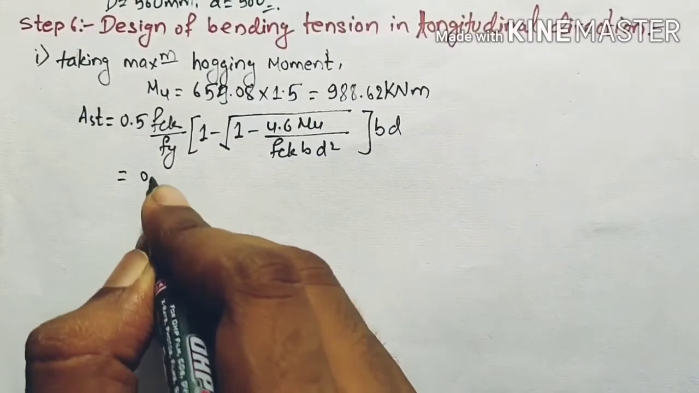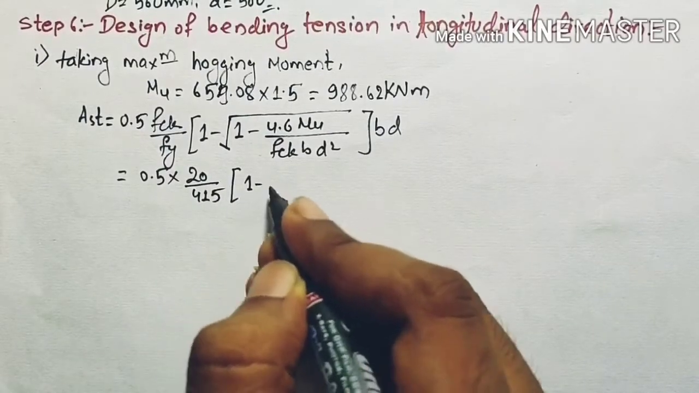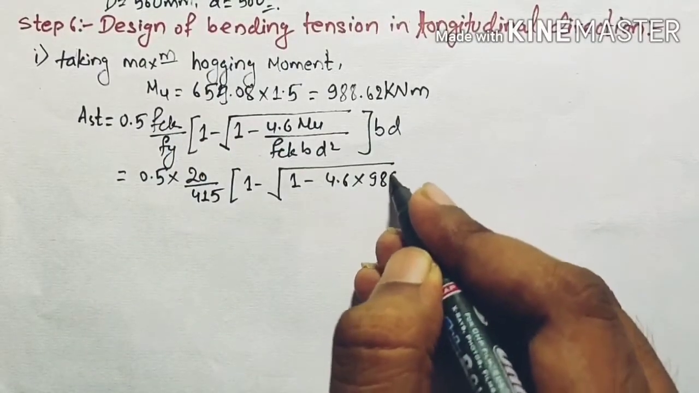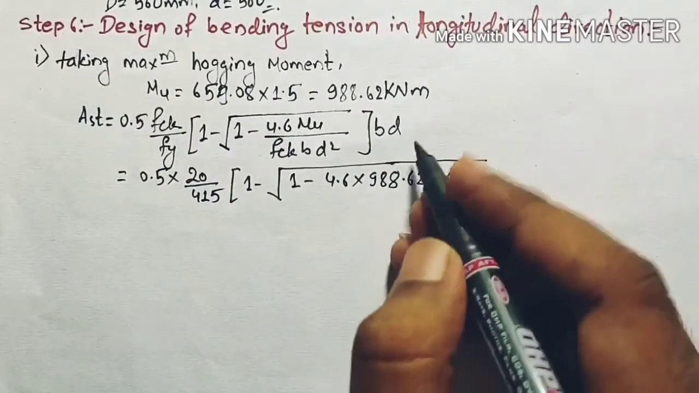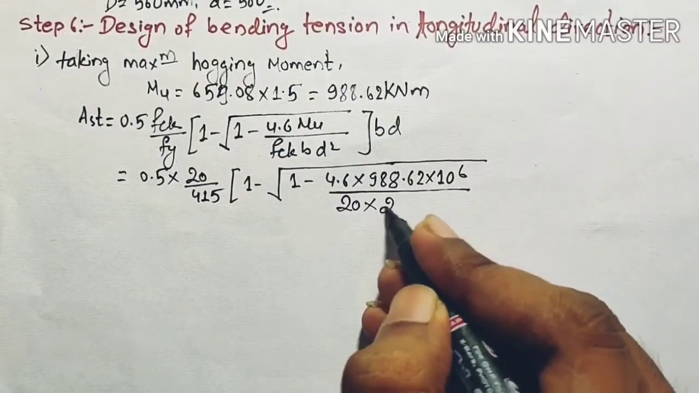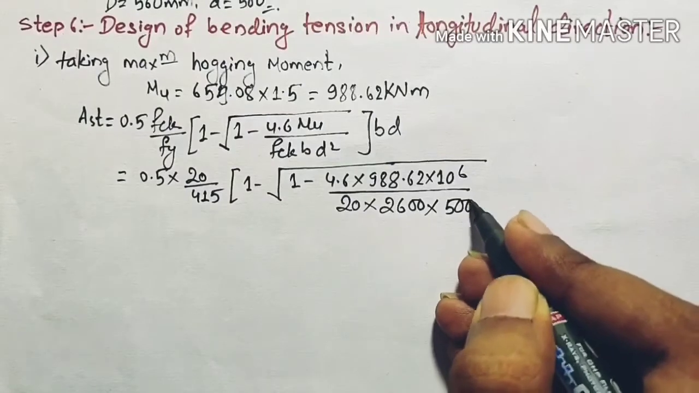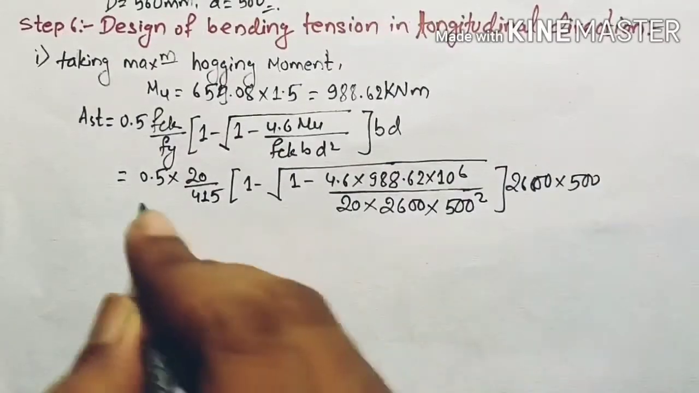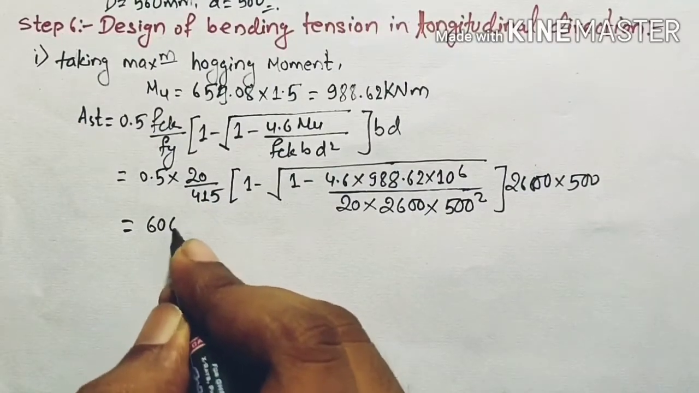So we will have here 0.5 into 20 by 415 times 1 minus root under 1 minus 4.6 times Mu, means 988.62 into 10 to the power 6 to convert kilonewton meter into newton millimeter, into 20 into b, and we have the width of the footing as 2600 millimeter, into the depth we have got as 500 millimeter in the previous step, times b d, 2600 into 500, and on solving this we will get the final value of Ast, which will be equal to 6066